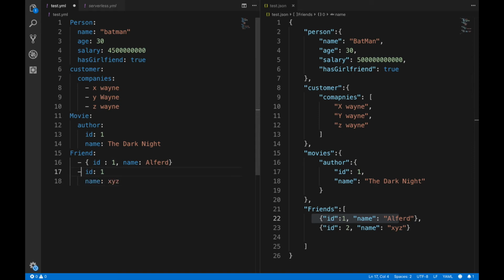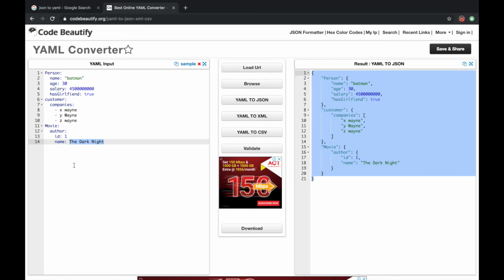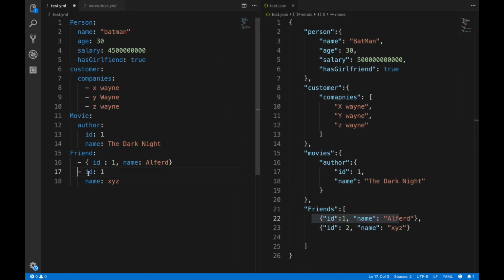So if you write single hyphen, and then after that ID 1, and after it you will write name, and you will not write any hyphen within that. So this YAML file understands this key value pair is within this array or within this object, right?